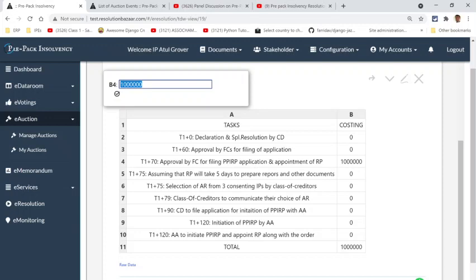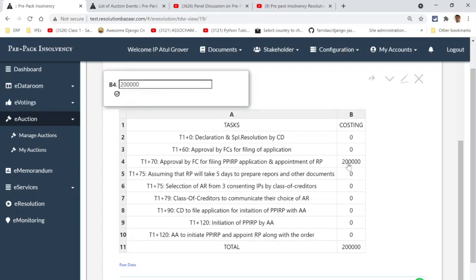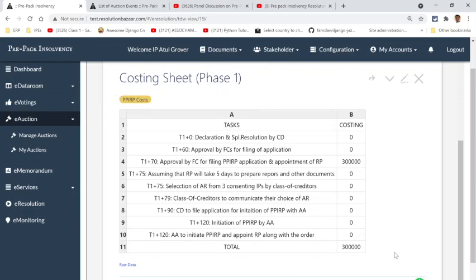So far as the insolvency professional is concerned, assuming it's 50,000 rupees, we need to put in 2 lakh rupees for him, and maybe another 50,000 to 1 lakh rupees for other miscellaneous purposes. So we are not really looking at more than 2, maybe 3 lakh rupees here, to be put in the bank account.